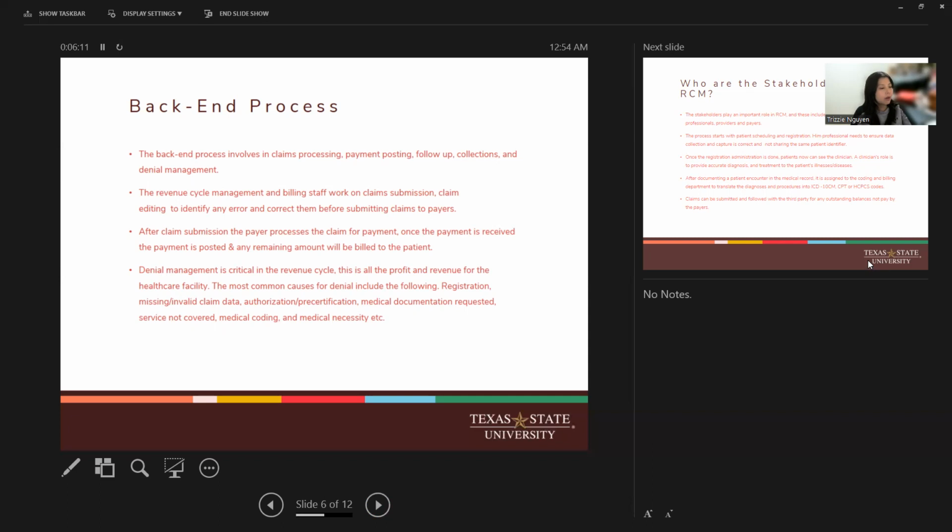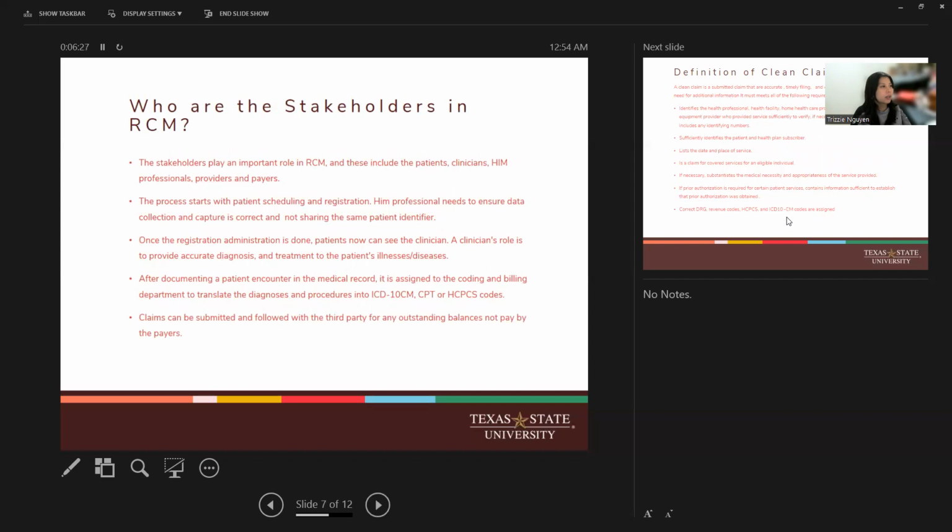And we know that revenue cycle is like a life cycle. And to keep this workflow in line, we cannot do without the stakeholders. So who are the stakeholders in RCM? The stakeholders play a very important role in the RCM, and these include the patients, clinicians, HIM professionals, providers, and